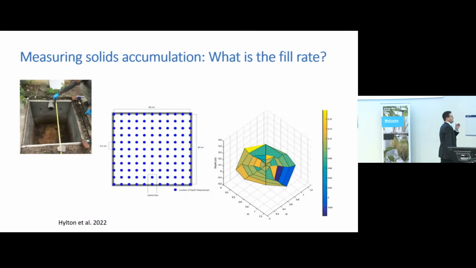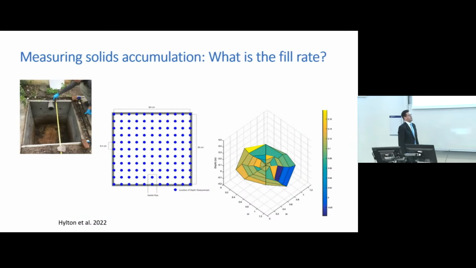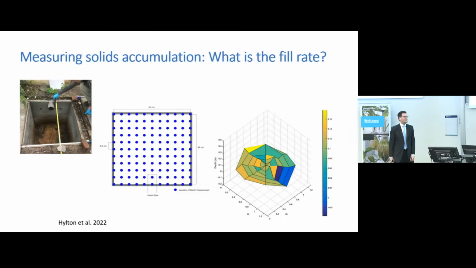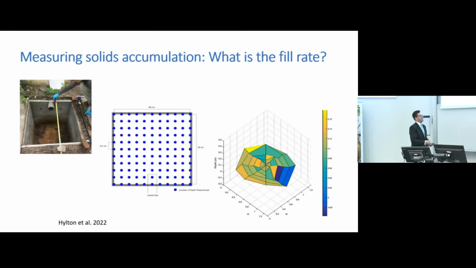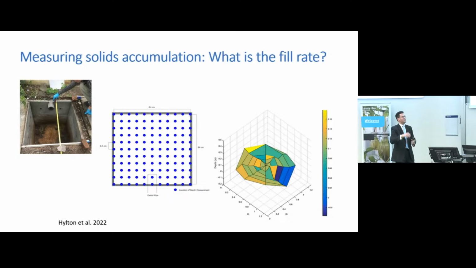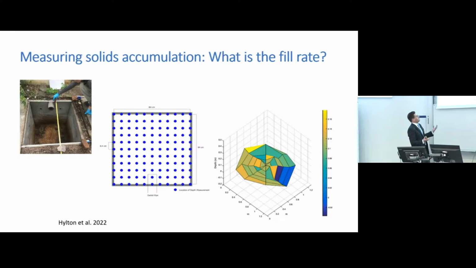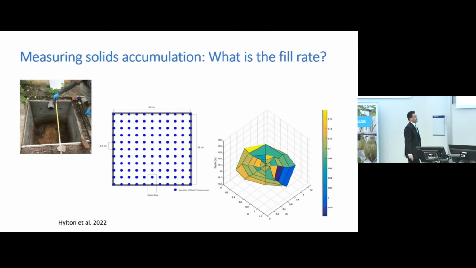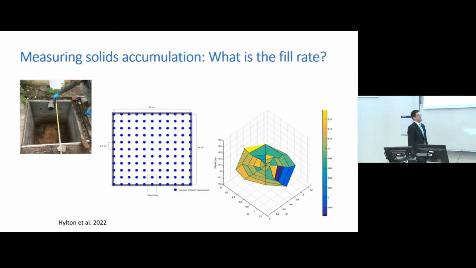And I had an MSc student who went out there one year, and I told her, I want you to figure out what's the fill rate of these toilets. So she went around to about 15 different toilets in India, and she got the permission of the households to take the lid off and use a laser pointer or a laser measure to model the surface of the waste in these different latrines. And because we knew when the latrines were installed and we had the blueprints of the latrine designs, we could then estimate the fill rate of these latrines pretty robustly.